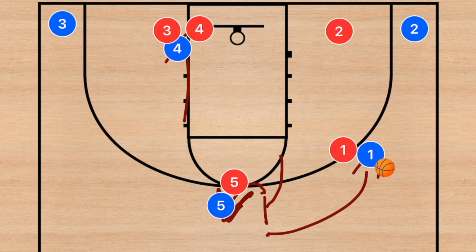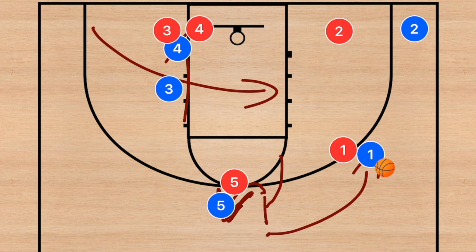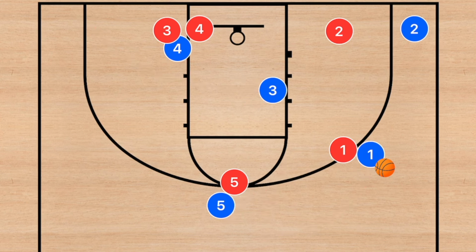Player 5 is going to roll off. Let's say they don't switch. Player 3 is going to be using this screen. So now what we're hoping for is either player 1 taking the 3-point shot. If there's a mistake, player 5 could take the 3-point shot, or we can look at player 3 potentially for